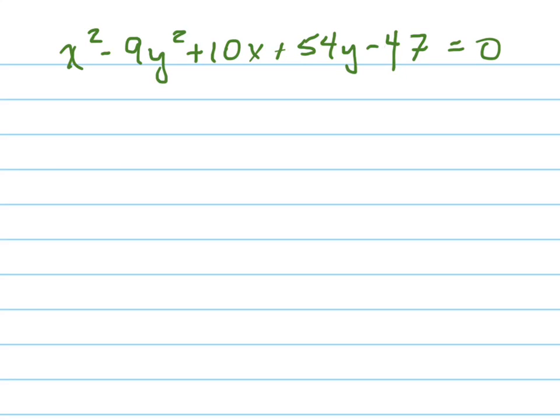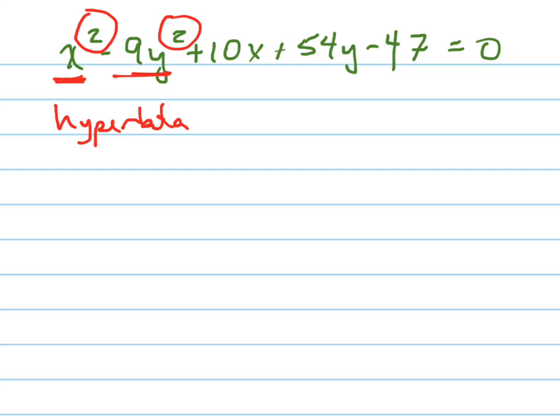So let's graph this conic section. First of all, they'll ask what graph does it represent, and you can tell right away that because the leading coefficients are opposites of each other, this is a... parabola? No, it's not a parabola because both of them are squared. Since both of them are squared and the signs are opposites of each other, it's got to be a hyperbola. So this is a hyperbola, and the step that I'm going to take now is to complete